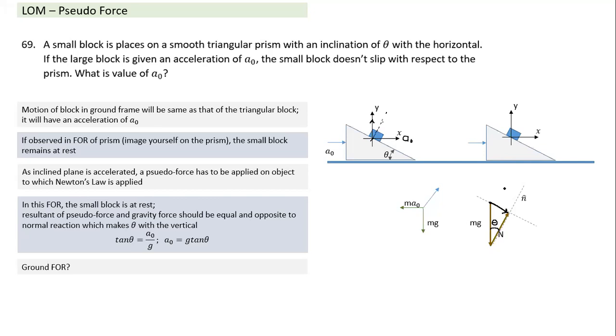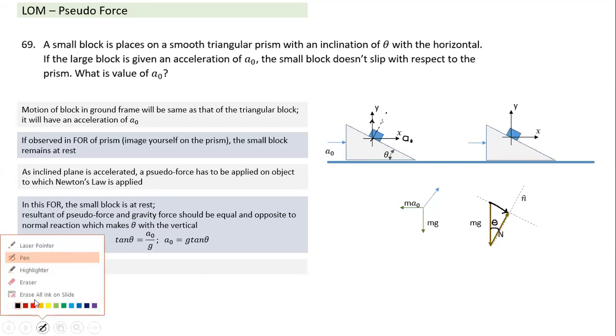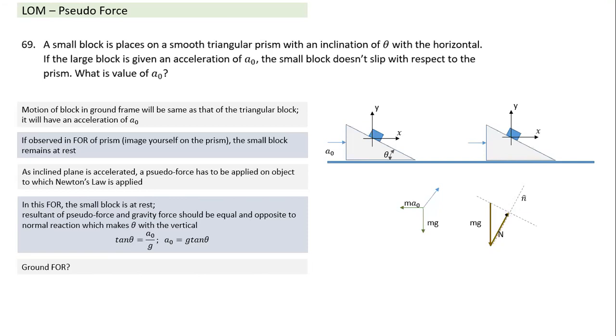Now, in this case, what will happen? Let's see. If it has to have horizontal acceleration, how will it have horizontal acceleration? Net force also has to be horizontal. How does the net force become horizontal? This value, N reaction, has to increase. Its direction cannot change, but its magnitude can change. If the magnitude becomes so much like this, in that case the net force becomes horizontal. So what has happened? N has increased to such an extent.